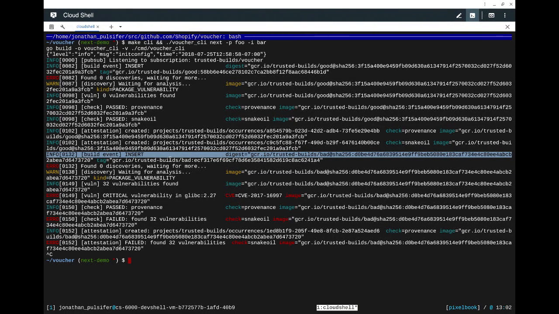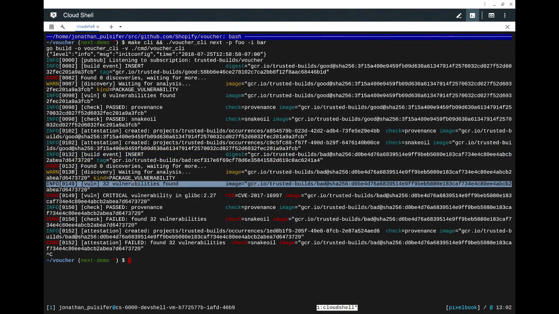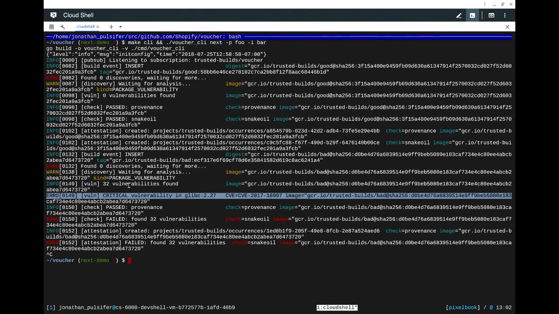But we see the second build event for our bad container, and we see it's doing the same thing. It's waiting for analysis, and oh, look, it found 32 vulnerabilities in this container. And just for fun, we decided to surface one of the critical vulnerabilities. So we have a critical vulnerability in glibc 227, and there's a CVE that's associated with it. So this makes SecOps a little bit easier when we have to determine which vulnerability is actually present